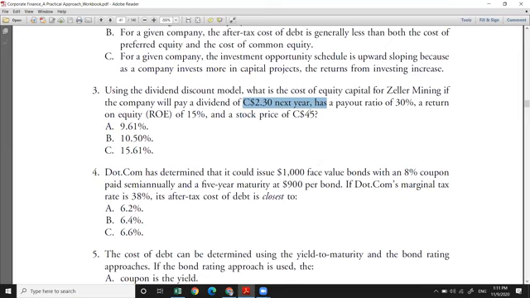So in order to calculate the cost of equity, first of all, you need to know the formulas that you are given, okay? We know the formulas are here from the book: cost of equity is equal to dividend 1. This is the key point that you should be paying attention to, okay? You should be very careful. This is D1 that I'm talking about, okay? D1, if it's just paid here,